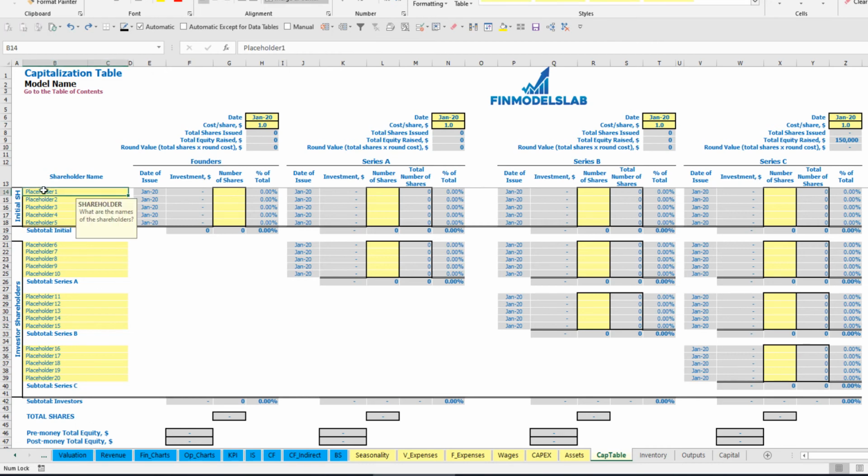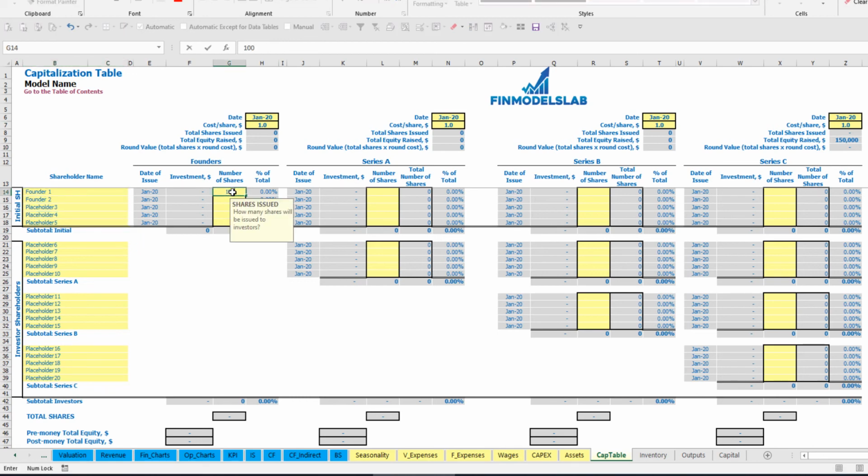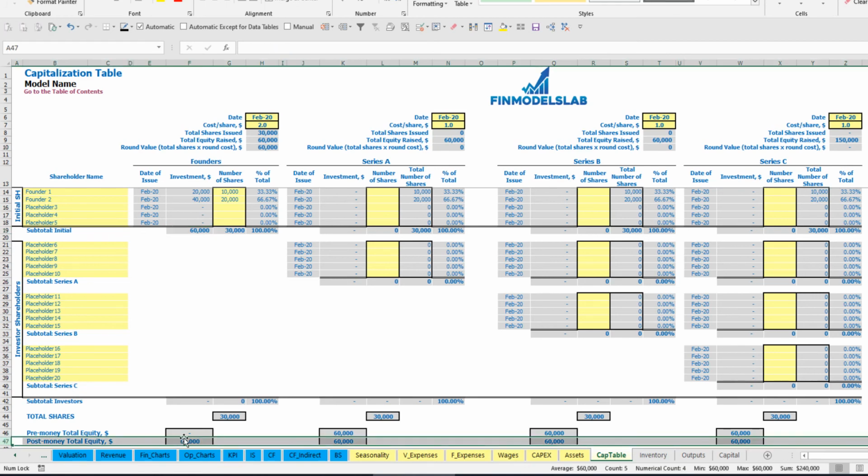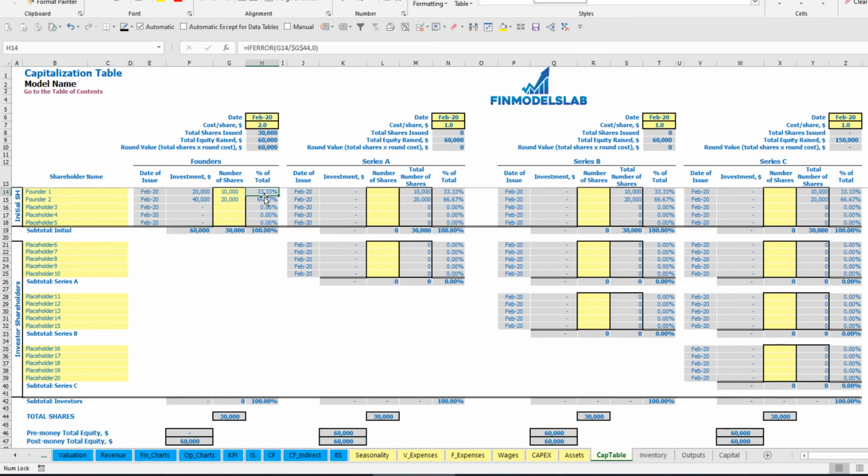Let's pretend that we have two founders, founder 1 and founder 2. So the total amount of shares for founder 1 can be 10,000, for founder number 2, 20,000. Let's imagine that the cost of share will be $2 and the date of founding is February. This means that the investment for founder 1 is $20,000, for founder 2 is $40,000. In total they invest $60,000, which you may see here. The dilution is 33 to